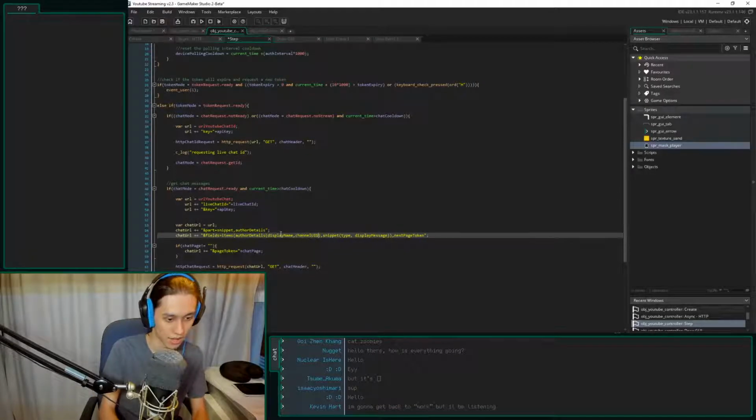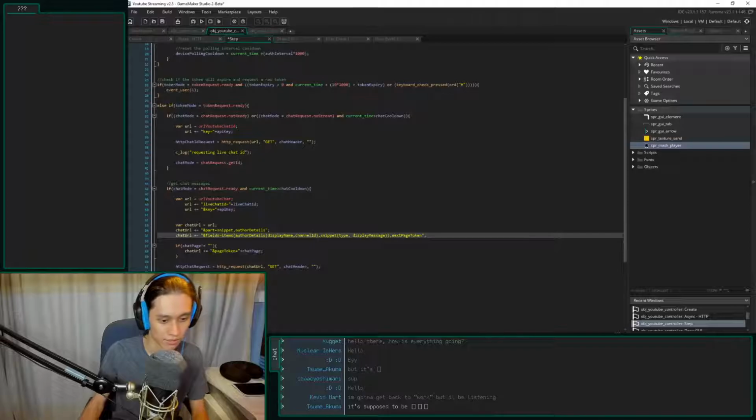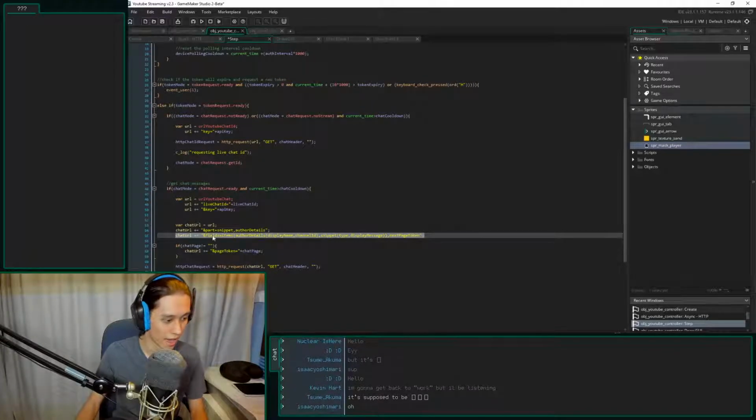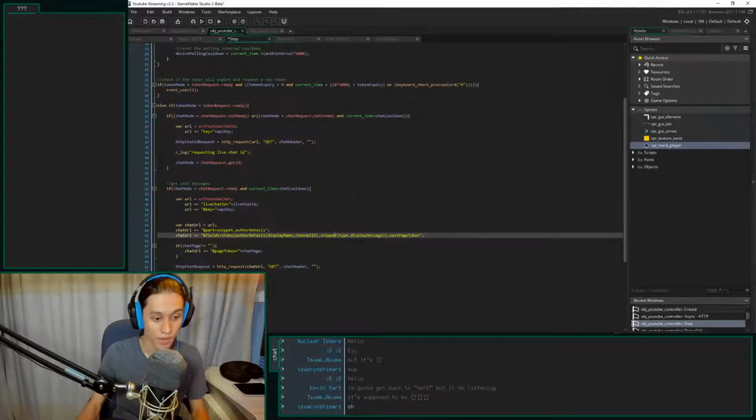Channel ID. Is the D capitalized? It's not capitalized. Okay, channel ID. And then we can do this. So that should give me that. So now I'm asking for the display name and the channel ID, which is the important part. Then I can store all of the data, everything you do, with your channel ID, which I'm hoping is a number.